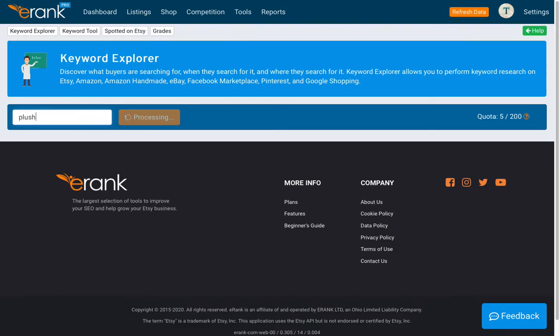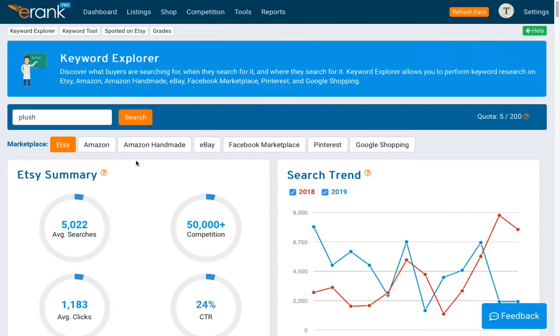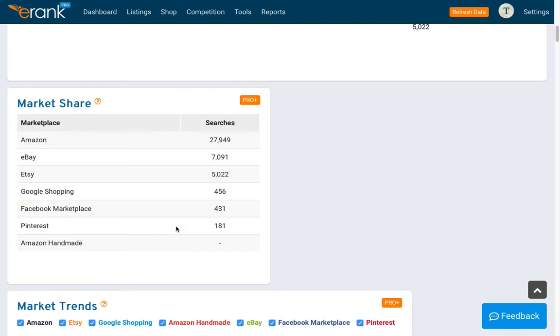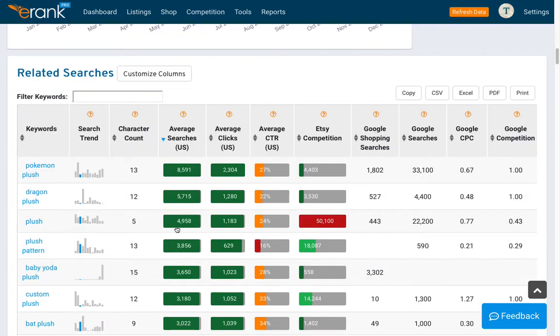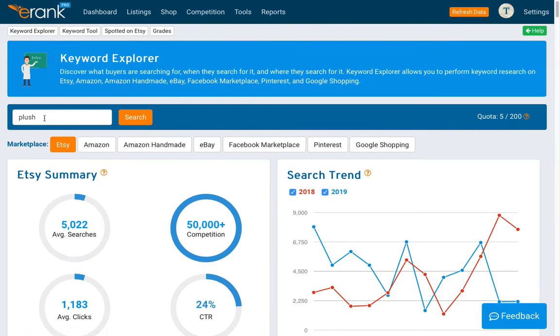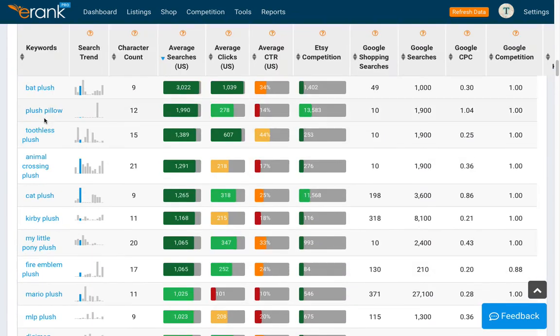So let's show you what that's like on this. It's so broad, it's going to tell you there's too much competition. Oh no, 50,000 plus. Yeah, there's lots of searches, but that's way too broad. So for the word plush, it's going to give you suggestions on the left for other keywords you could use. You can use these little arrows here